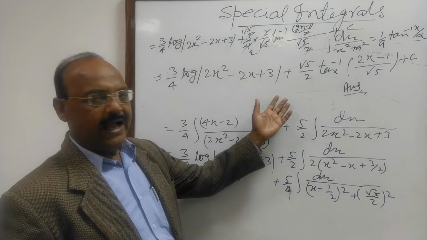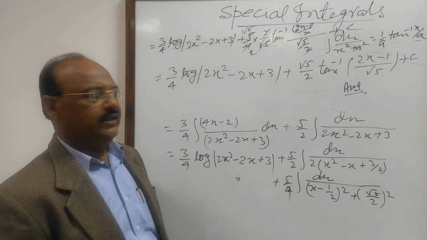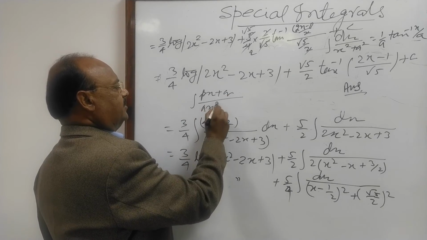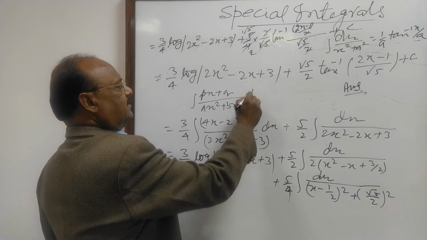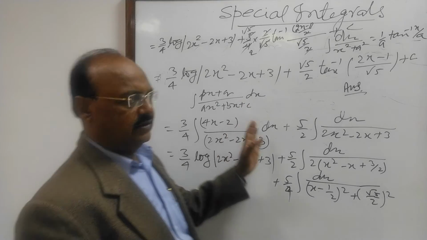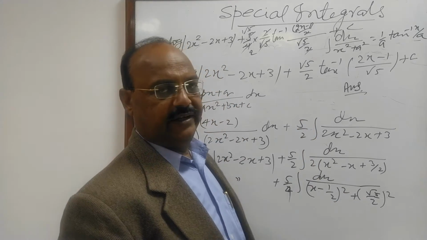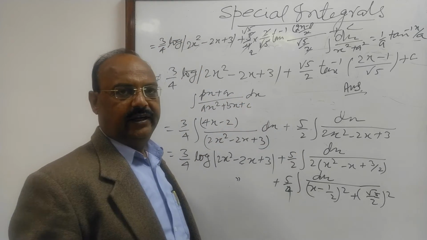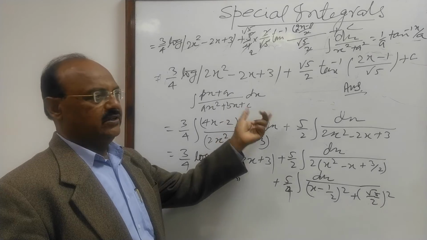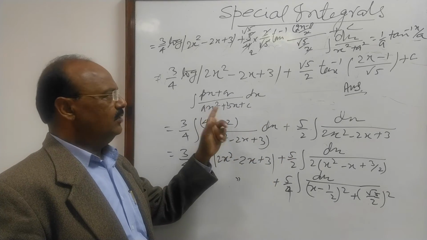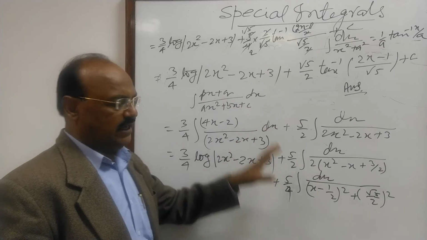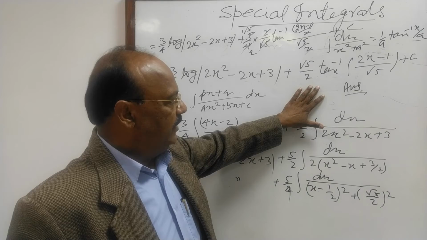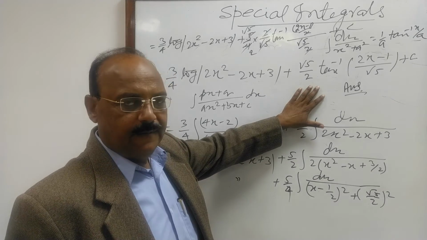So we have seen in this video that if the integral is in the form of (px plus q) upon (ax square plus bx plus c) dx, then how we can get the answer very easily by reducing px plus q in the form of a into the derivative of the denominator plus a constant b. We evaluate the values of a and b, we put these values at the corresponding place and we proceed, we will get the result in this way. So I hope you have understood it very well.